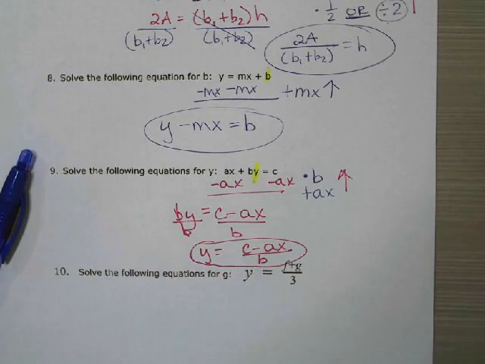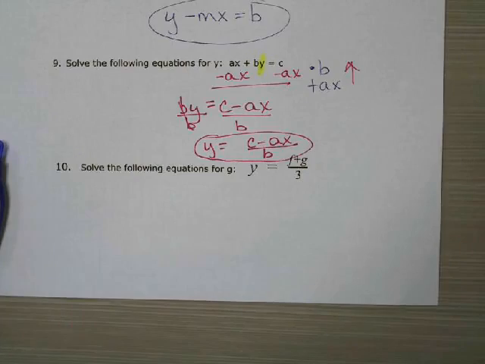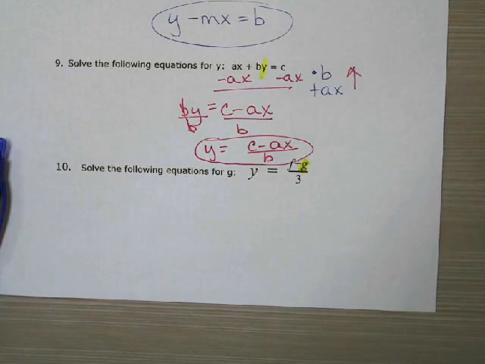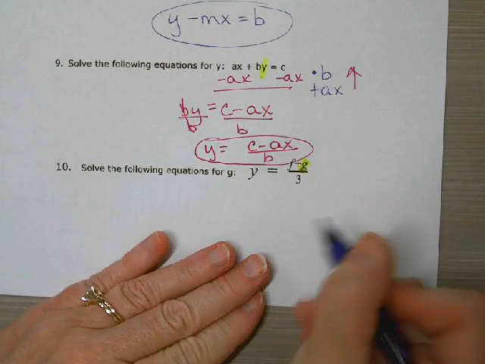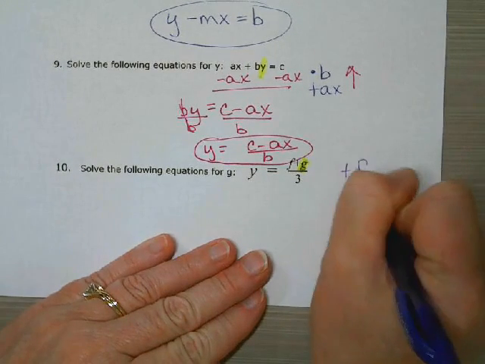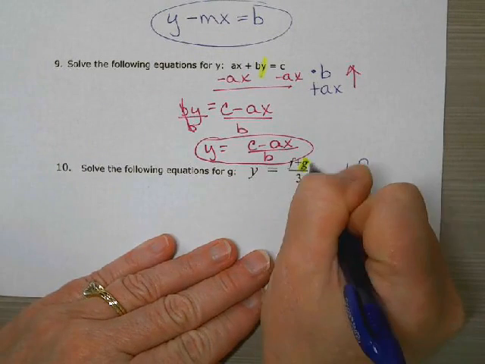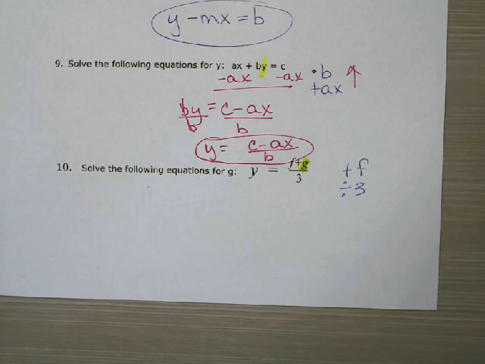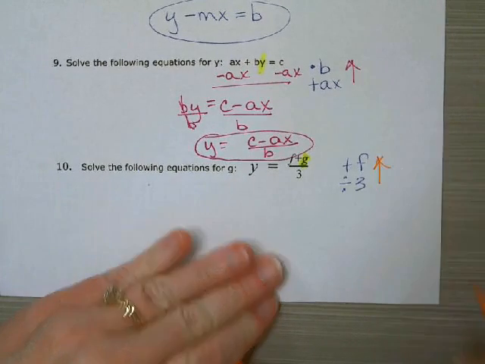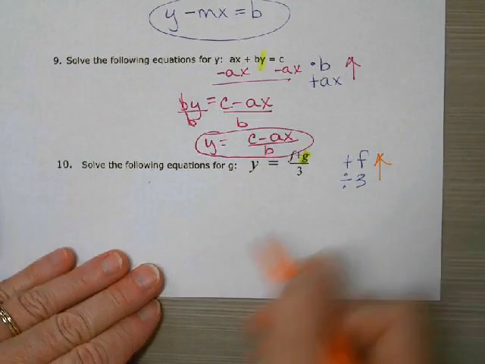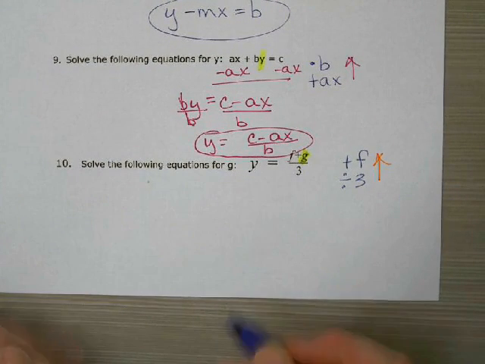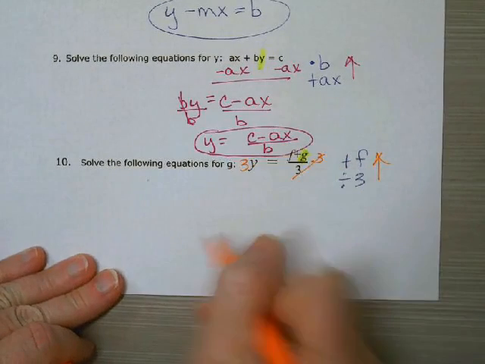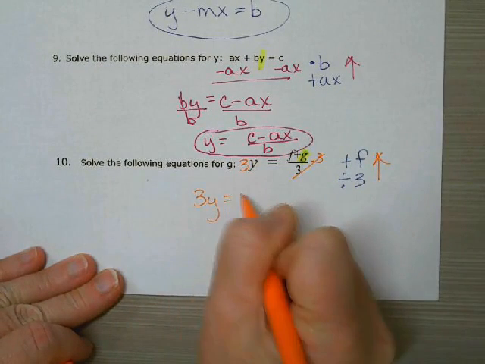And that's my answer. And then finally, the last one, solving for g. So here's my g. So if I make my list of what's happening to g first, well, we're adding f. And then once I have this answer, I'm dividing by 3. So I need to undo. So first thing is going to be to multiply by 3. And so I multiply by 3, that gets rid of it. And so I have 3y equals f plus